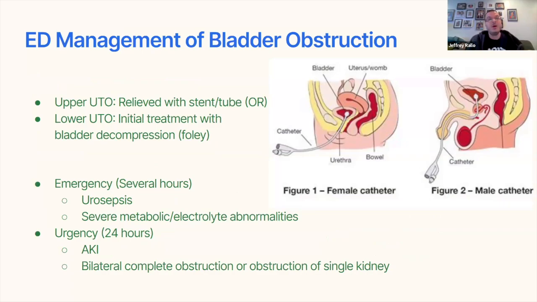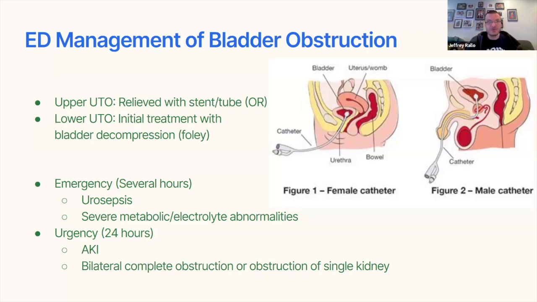End of story. Lower urinary tract obstruction, decompress the bladder is the first step. You can do that with the Foley. You can do that with the little feeding tube, the 8 French, 5 French feeding tubes that we use for urine caths. They don't have to be an indwelling Foley. You can do intermittent catheterization if you just need to decompress the bladder, and then we'll start fresh. You can just do feeding tube cath and then take it out and keep going.